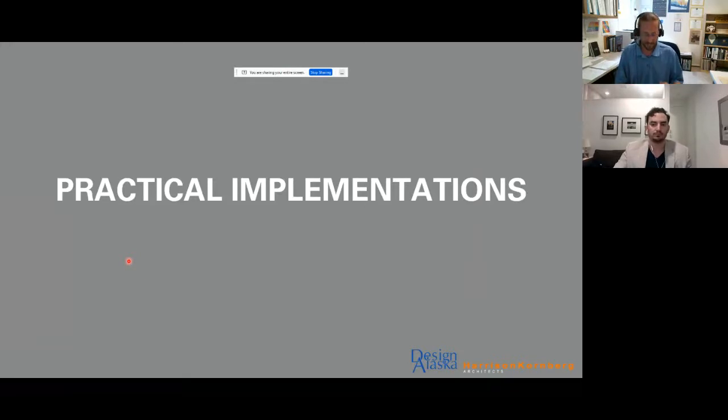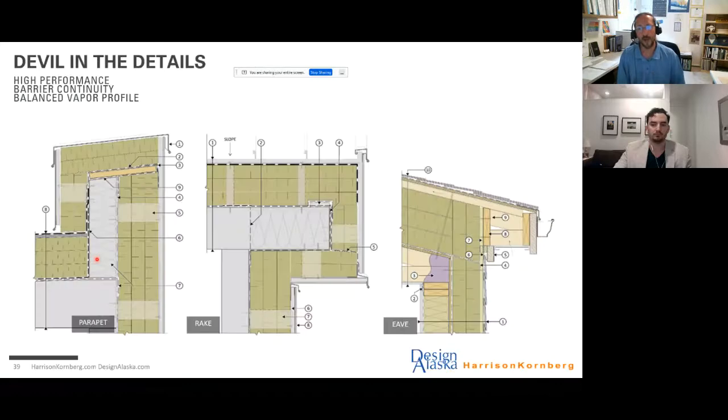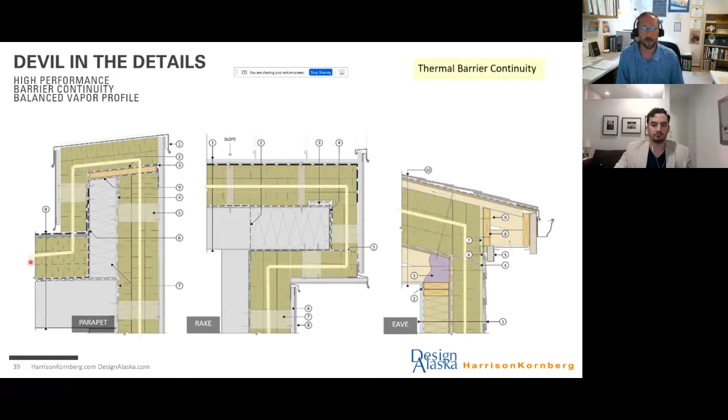But we need to maintain those principles, the building science principles that Charles was discussing. We need to maintain that throughout the entire building envelope. And so at every penetration, every transition, every detail, we need to make sure we have thermal barrier continuity. And especially in cold climates, we need to make sure that we wrap our parapet or our rakes, if it's